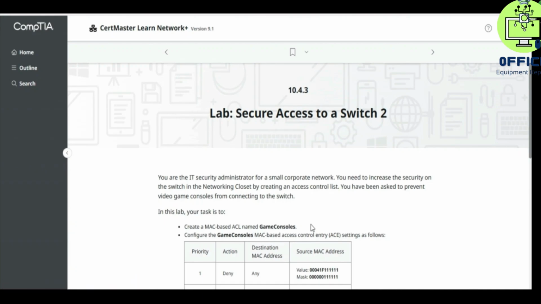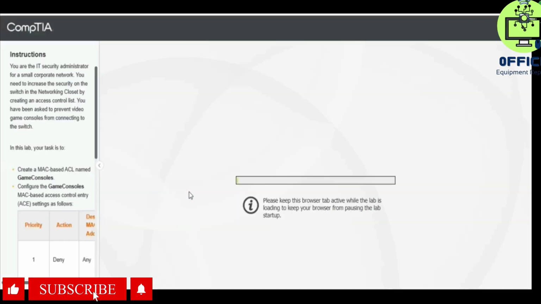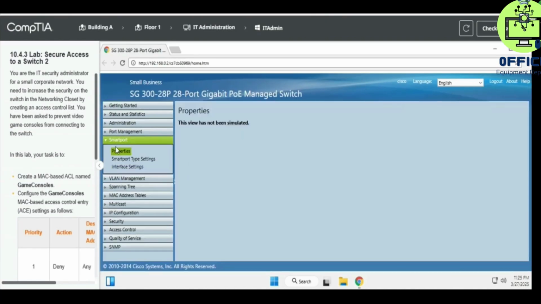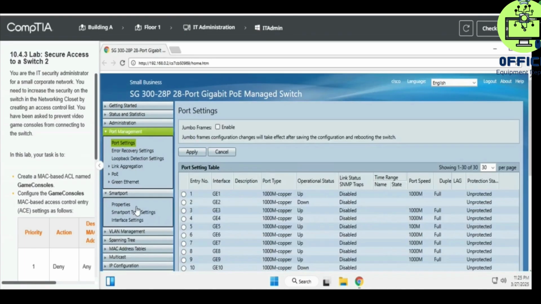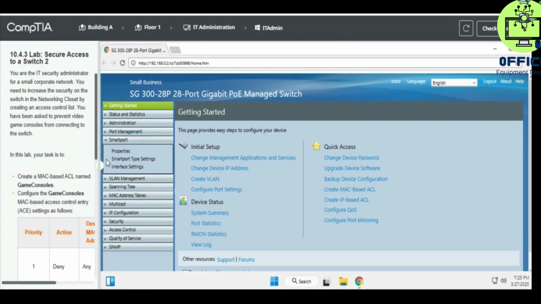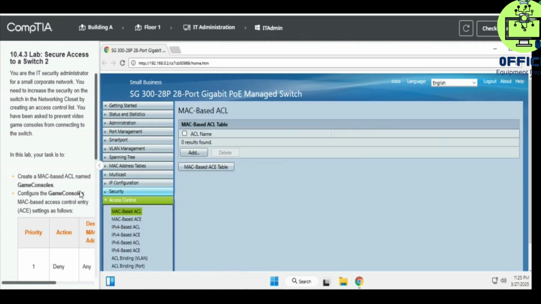Let's go ahead and start right away. So go to Smart Port, and let's see, getting started rather. So getting started, let's go to MAC address-based ACL